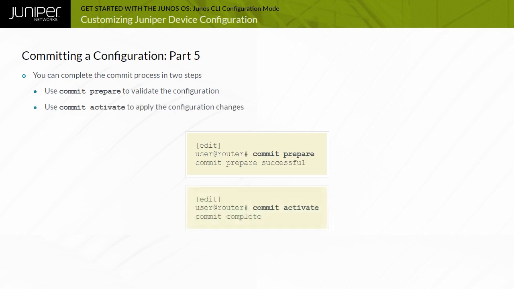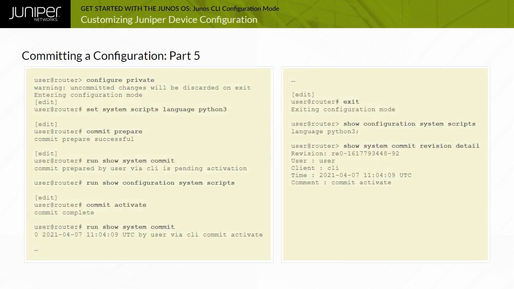In the second step, referred to as the activation stage, the previously prepared configuration is activated and becomes the current operational device configuration. Here is an example to enable Python language scripts within Junos OS, done in 2 steps using the commit prepare